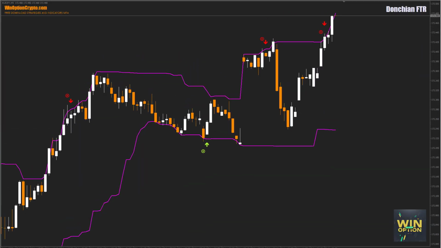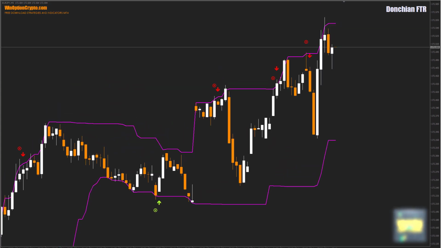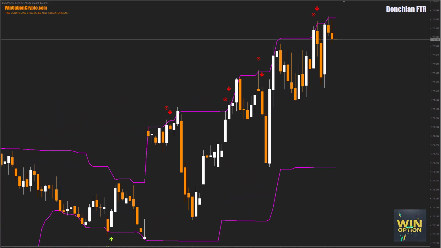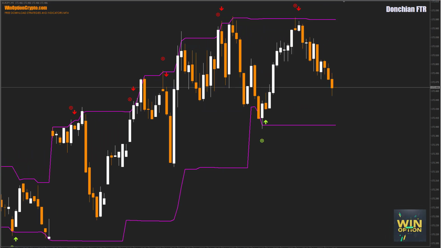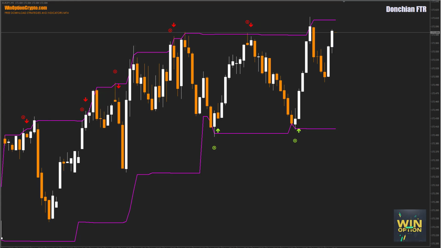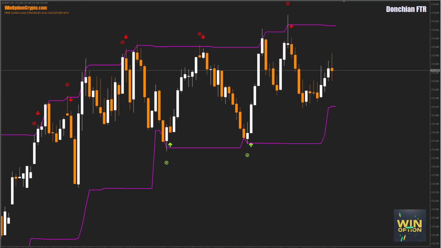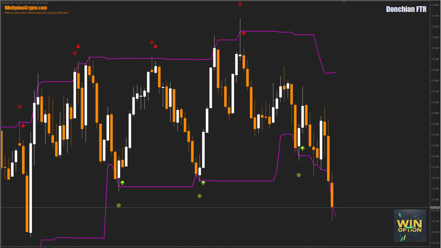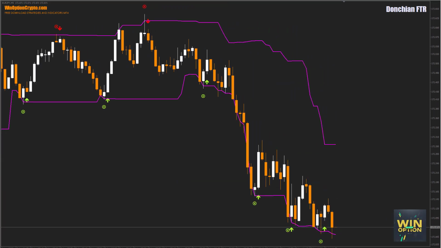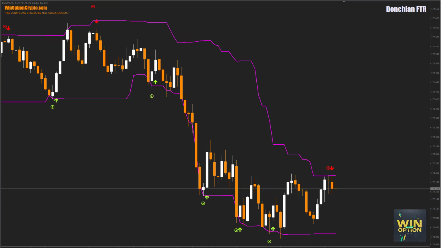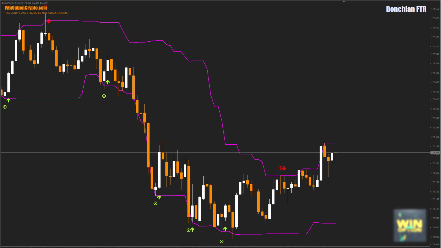As a rule, the Donchian indicator is used by traders to identify the trend and trade breakouts of key levels. Donchian FTR, on the contrary, uses the opposite approach. Instead of breakout trades, it generates signals on price rebounds from these levels. This is its key difference from the classic Richard Donchian indicator. Essentially, Donchian FTR builds a strategy based on false breakouts and acts as a complete opposite of traditional Donchian channels